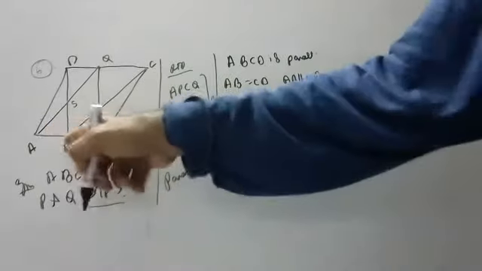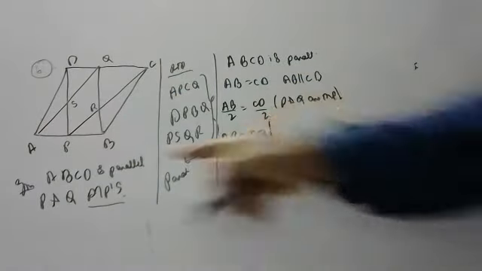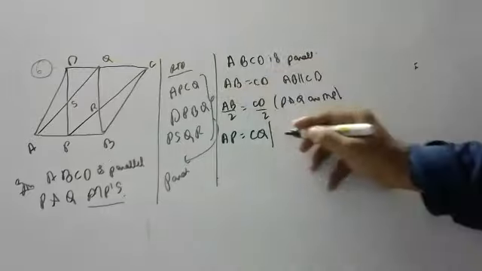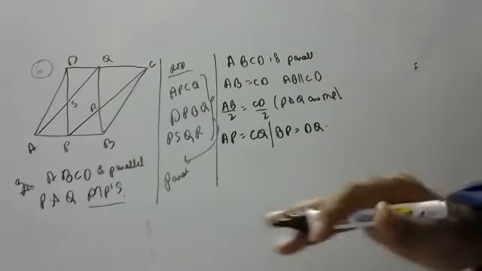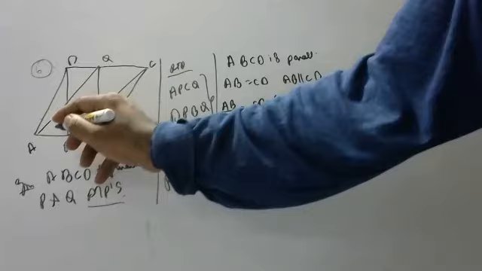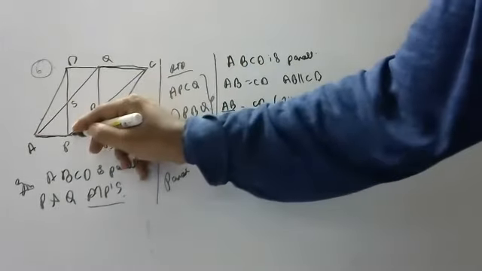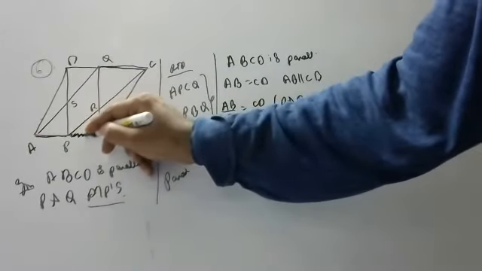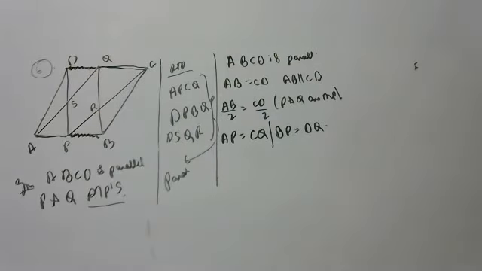Children, P is midpoint, so AP and BP will be equal. I will write BP is equal to DQ. Write your wish, BP is equal to DQ also. Children, no problem. But I want to say that this and this are equal. Please mute your audios. And these are also equal, children. Why? Because P and Q are midpoints.